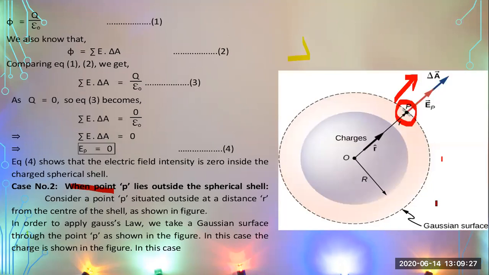Again, this point P is lying outside the shell, and we are going to calculate the electric field intensity and electric flux through this point. So this is our main topic. If you move back, the point was inside the spherical surface, and at the end we concluded that if there are no charges, there will be no electric field intensity. That was our previous class result: intensity is zero inside. Now the situation will be different. We will get a different answer because charges are there, in this case.